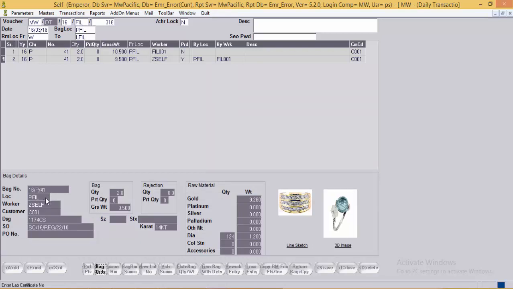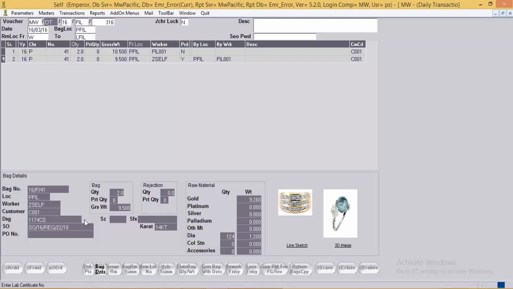First is the bag number, then the location where it is lying now, the worker in whose custody this bag is lying, then the customer code to which this bag belongs, the design number, the corresponding order number, the PO number of the order, then the quantity in the bag, part quantity in the bag, the gross weight of the bag. If the bag is rejected, then the rejection quantity and the rejection part quantity.